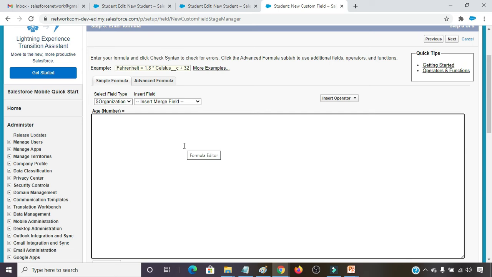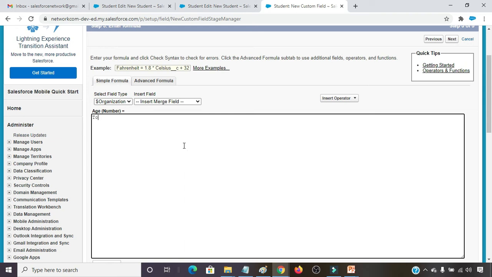So how are we going to write the formula? What I have to calculate is, from today I am subtracting the date of birth of a particular student. So how to write the formula?